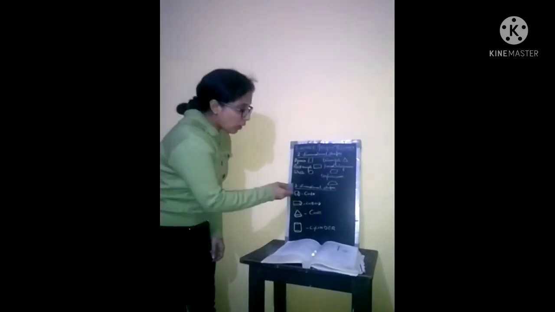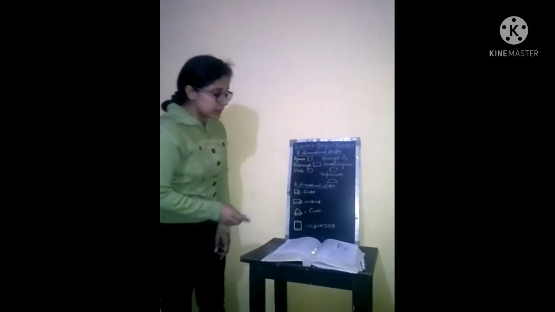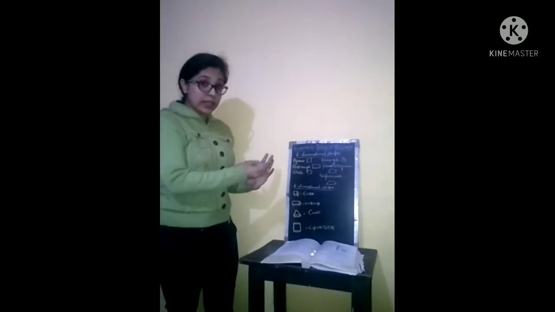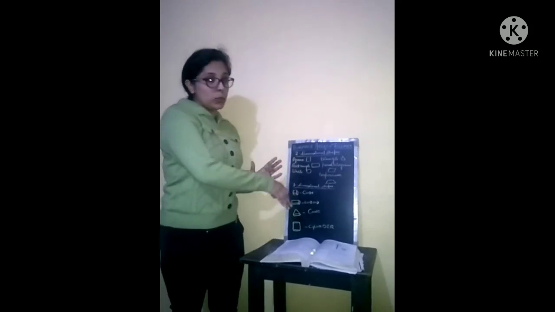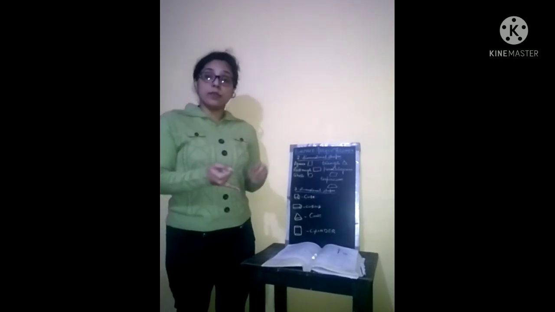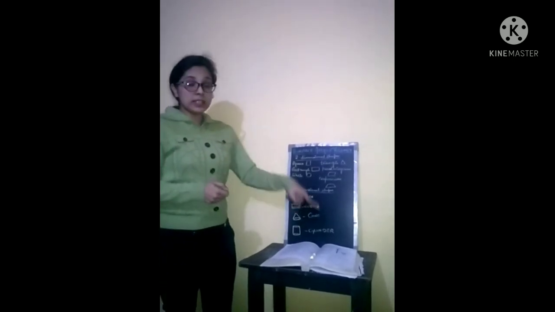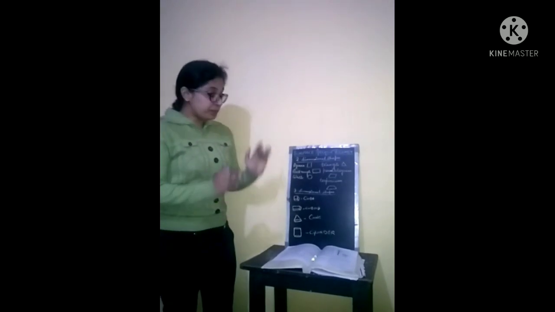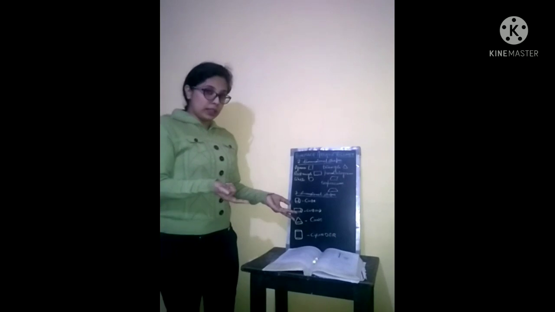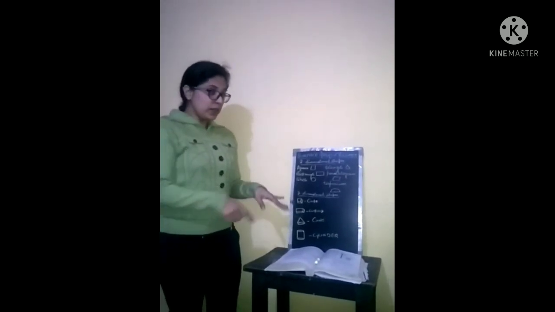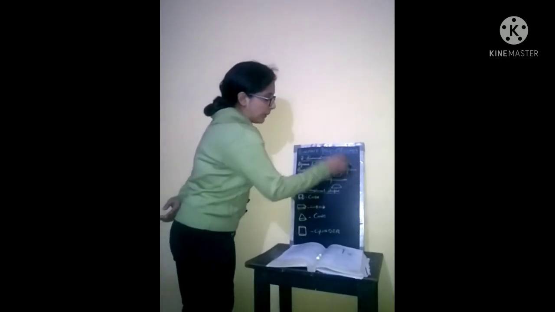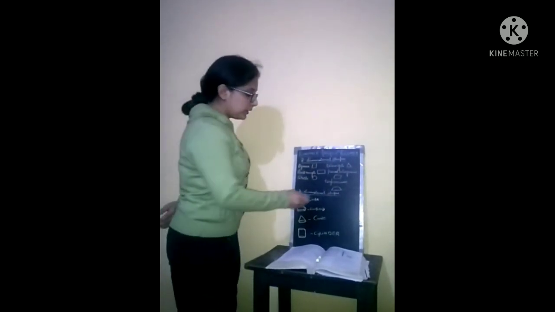So all of these three-dimensional shapes have one thing in common: they have some space in between them. And what will we call this space? We will call it volume. This space is called volume. So here we can find out the surface area of these shapes, and we can also find out the volume. So today we will not talk about the two-dimensional shapes. We'll only talk about the three-dimensional shapes.